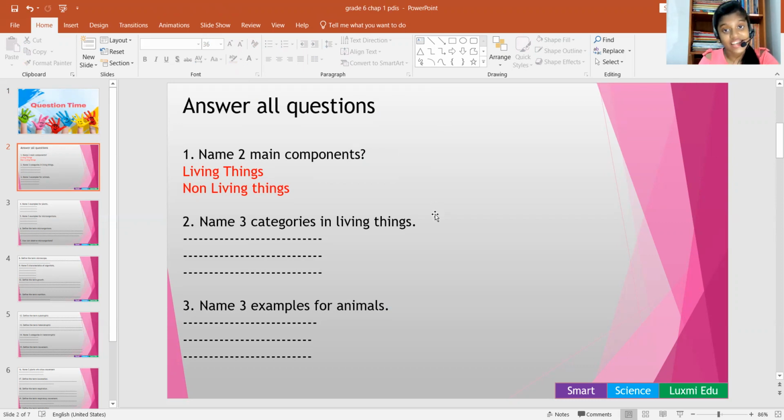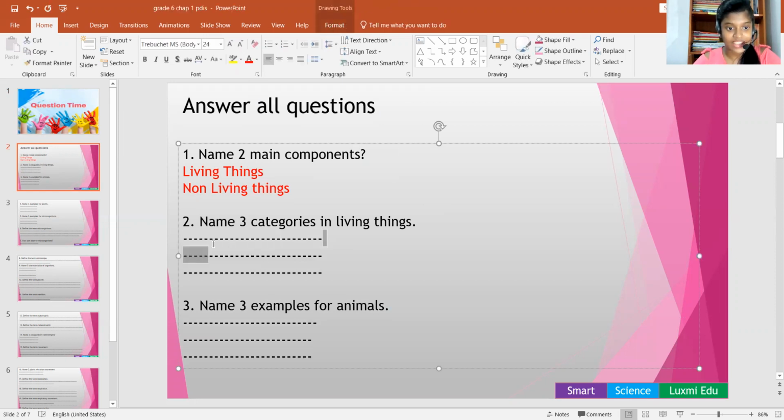Now let's see the second question. Name three categories in living things. Children, we studied that the two main components are living things and non-living things. Living things are divided into three categories. So what are they? If you don't know, it's okay. You can just note it down. They are